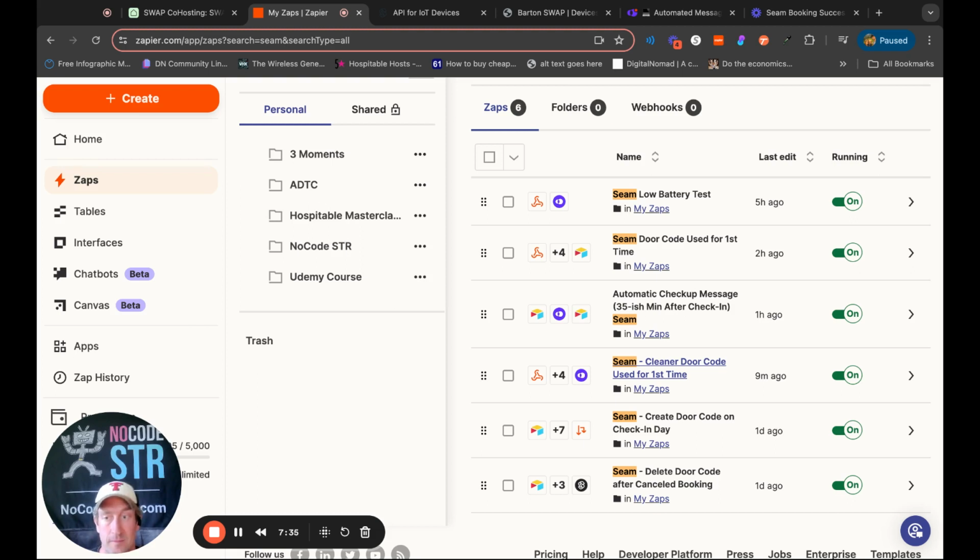And then what's also cool about this cleaner door code used for the first time is my team, they fill out a form whenever they're done cleaning. And so now I'll be able to compare those 2 times. So when they start and when they finish, and know how long it's taken them to clean that property and